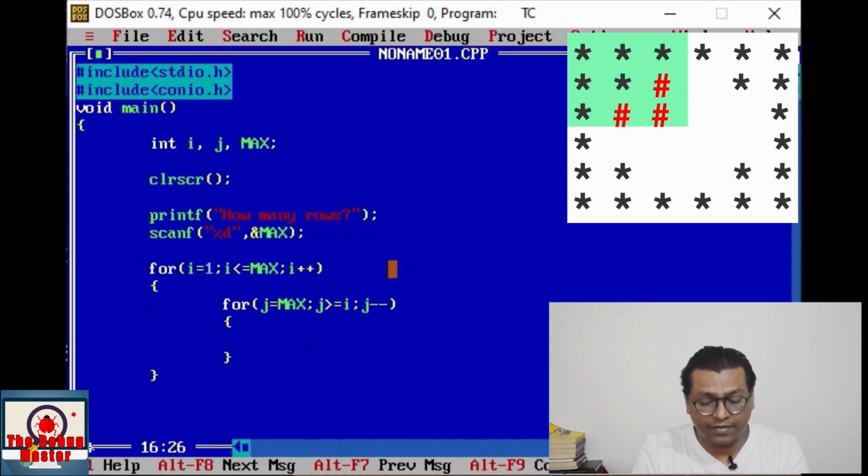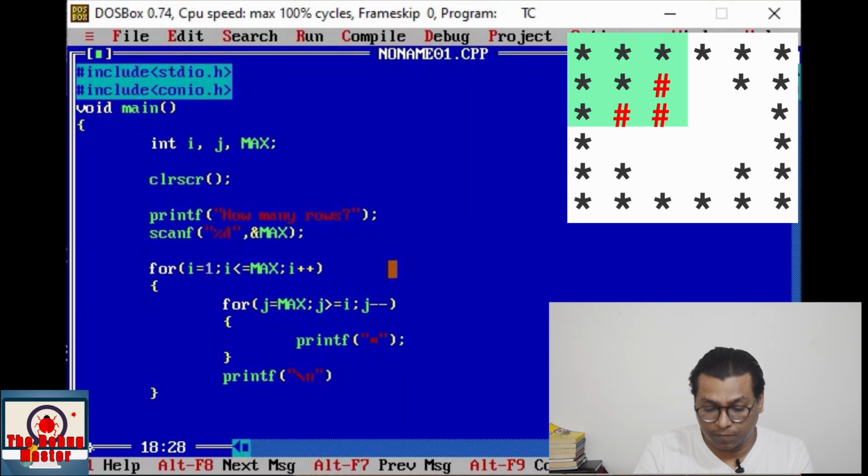Here we shall write printf star, here goes a new line character, here the getch statement, and here the program ends, right?